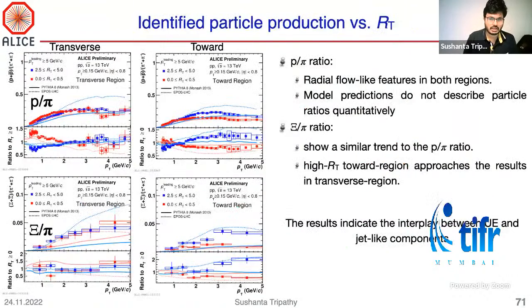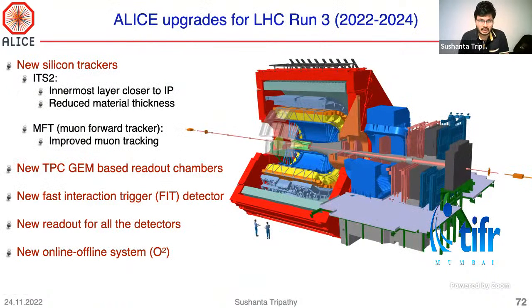Okay, so with these results, I will give a brief outlook about Run 3, which all of us are expecting to come out very soon, because Run 3 is ongoing. So far we have had pp collisions at 13.6 TeV, as well as some pilot beam of pp at 900 GeV. And recently we had a lead-lead collisions pilot beam at 5.36 TeV. So the key upgrades